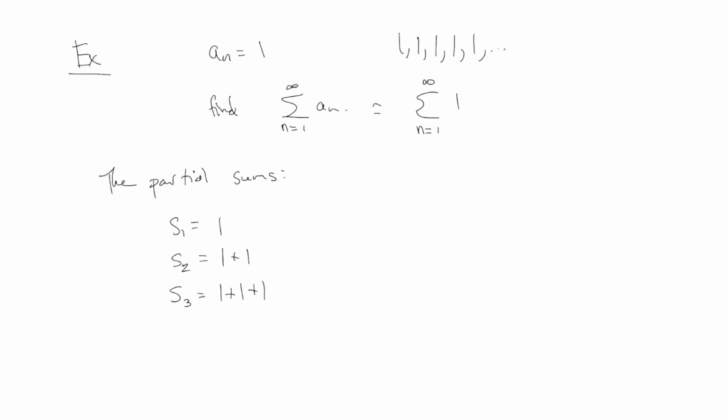Hopefully by writing down some of these partial sums, we can come up with some kind of a pattern here. Of course, I'm going to simplify here. 1 is just 1, right? 1 plus 1 is 2. 1 plus 1 plus 1 is 3. So in general, can you say Sn equals, I want a formula over here in terms of n. What do you think? I said S2 is 2, S3 is 3.